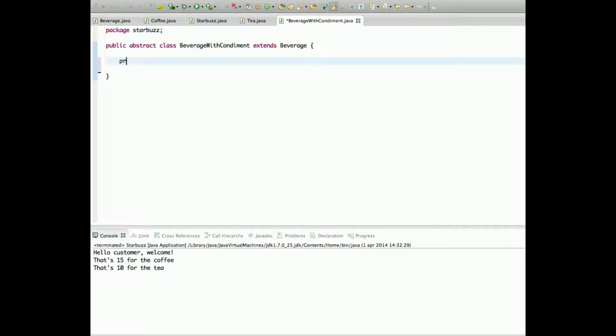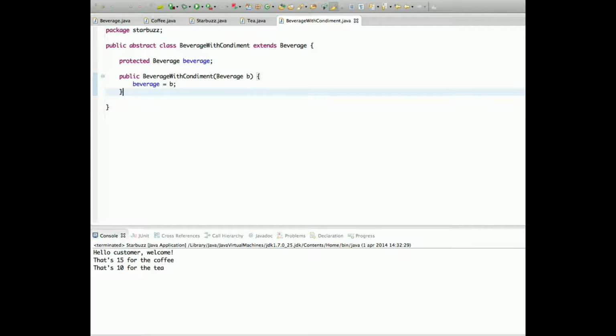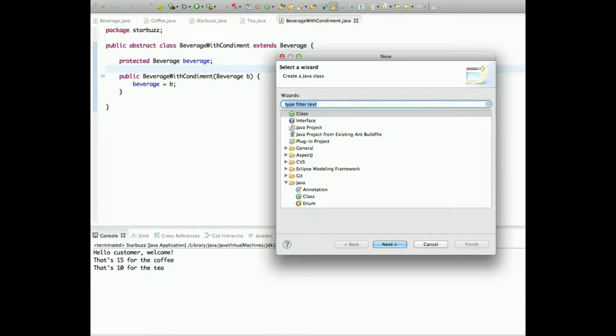So we'll say that this is a beverage, and whenever we create a beverage with condiment, we'll have to have a constructor that sets the beverage to something sensible. So here is our beverage with condiment, and now let's add a specific type of condiment, such as